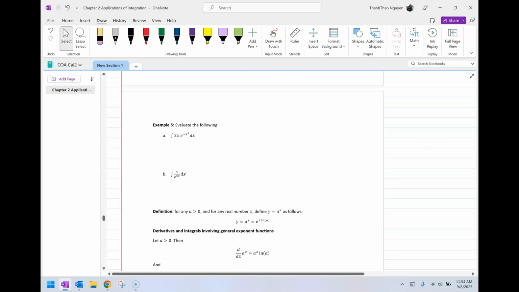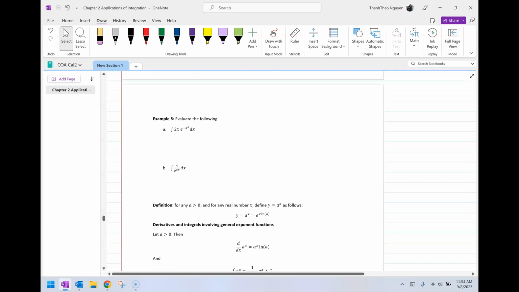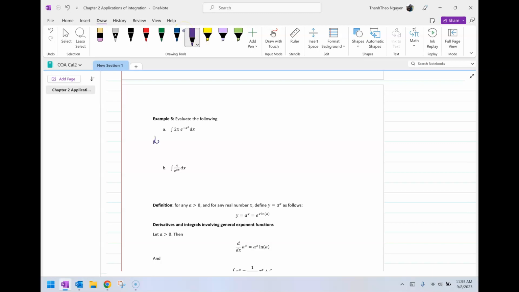Let's evaluate the integral. Okay. So here you have the integral of 2x times e to the negative x squared dx. I will solve this using the substitution rule. I go ahead and let u equal to